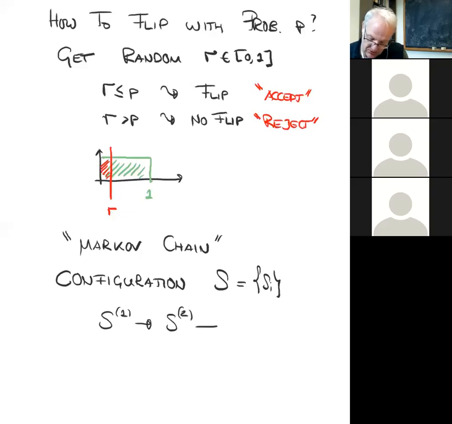And then there's a rule for making yet another configuration. That rule has randomness built in. That's the Markov of this chain. So there's a rule that takes me from one member of that chain to the next one and has built-in randomness. So that's where the word Markov comes in. What's meant by a Markov chain is a kind of random chain.